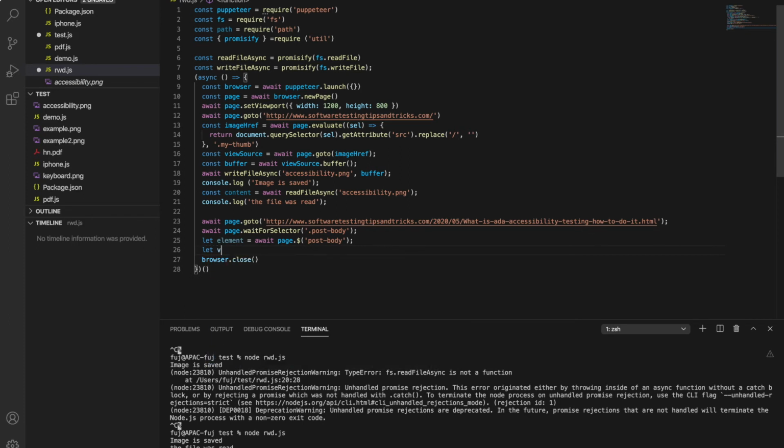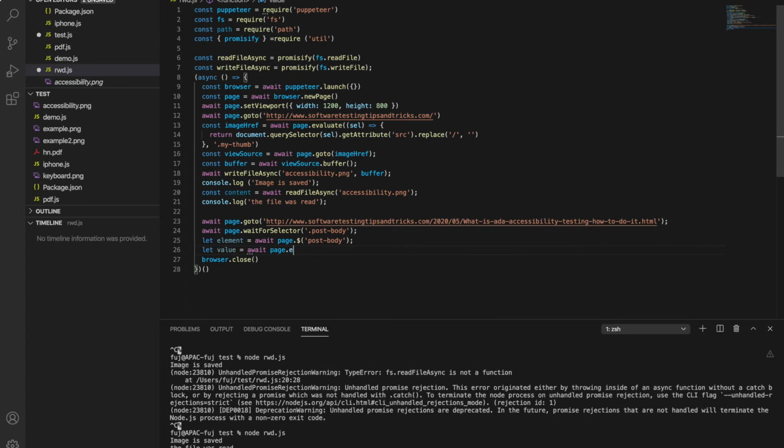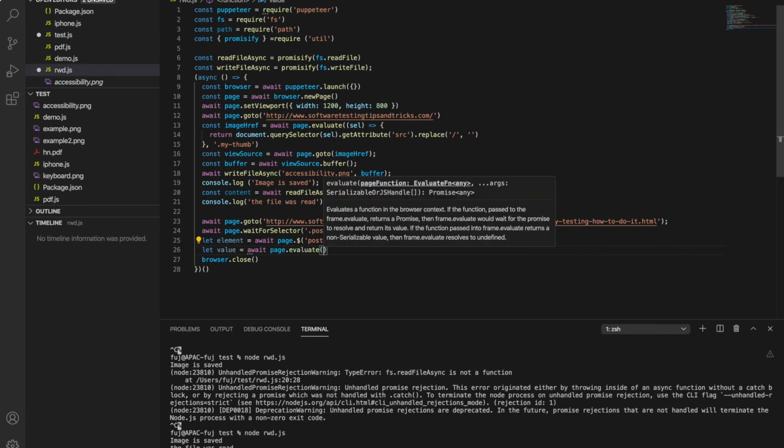Now I want the value from this div, right? So I will do await page dot evaluate, which we used before to run JavaScript.